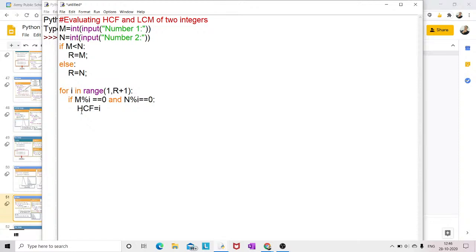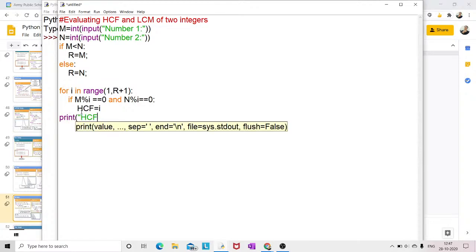Now come to out of this scope or out of the loop. So here what I am doing is printing what should be the HCF. ये रहा आपका HCF।